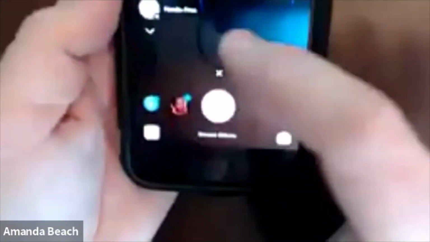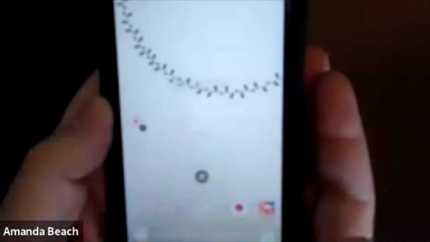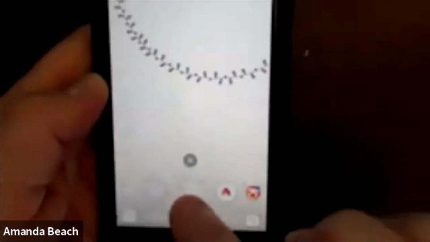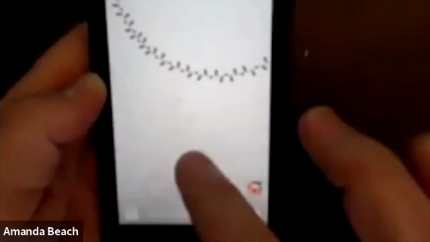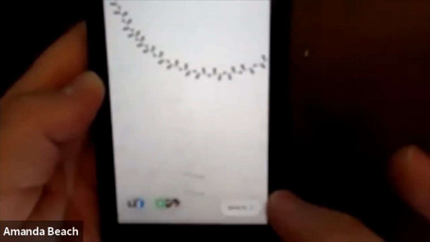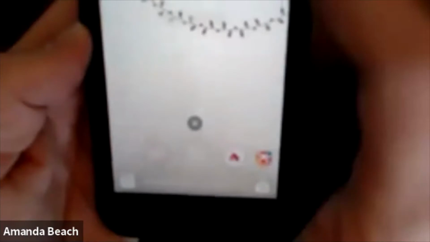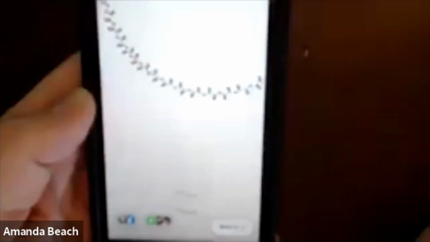And this is how you use a background. You can choose whichever background you'd like, something that you've saved to your phone, and then you push this button and take a photo of that background. Okay, I've taken a photo of the background, and now I'm going to save it to my phone using this down arrow. It says it's saved. I'm going to get out of there. I'm going to swipe again, and I'm going to use my saved